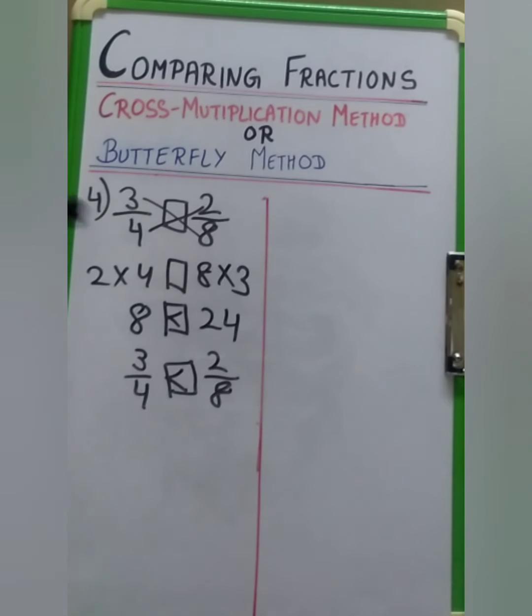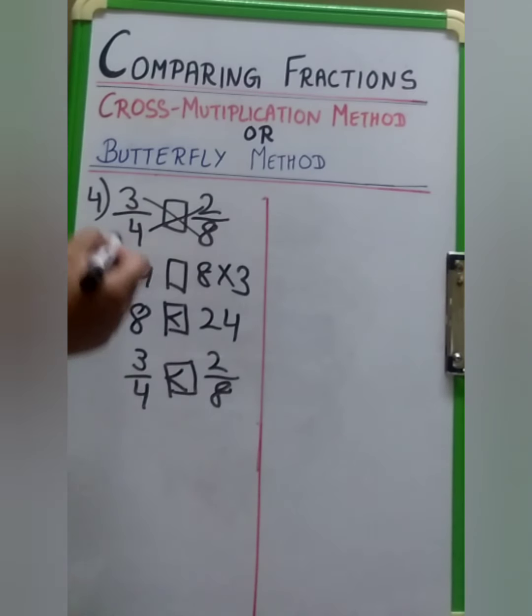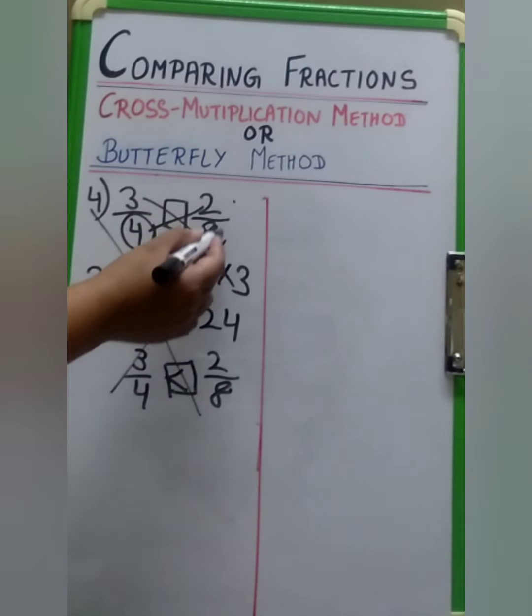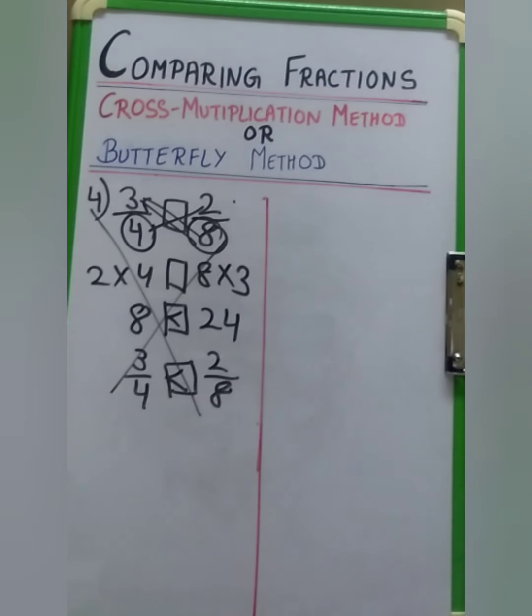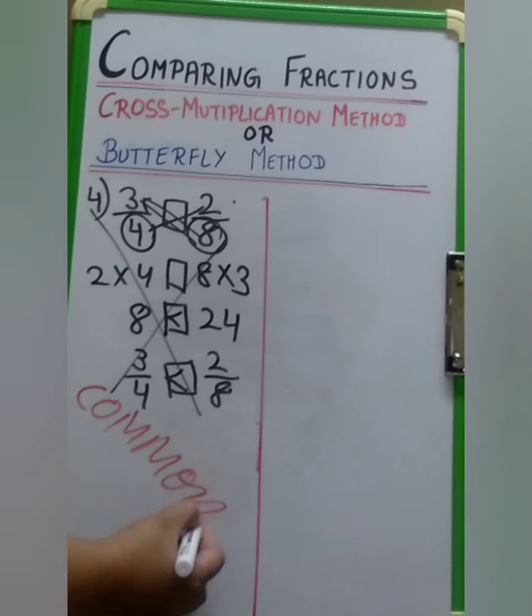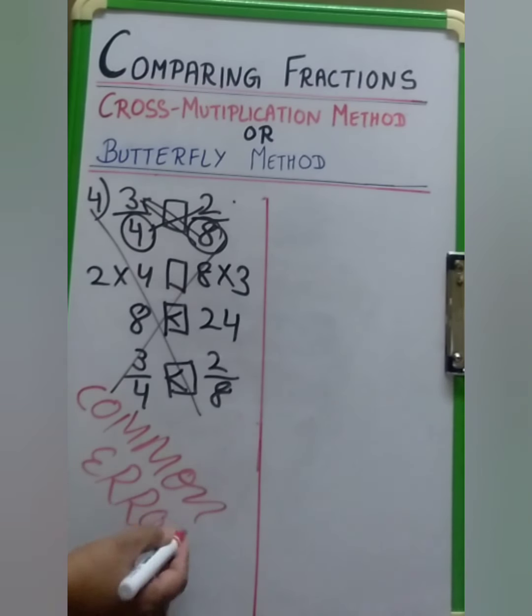Here I have changed the numerators. I told you earlier that we have to take numerators on the same side. This is the type of mistake you are going to make. That's why this is wrong. We have to take 4 to the other side and we have to take 8 to this side. But what I have done is taken the numerators to the other side. So this is the common error done by you people, right? So please take care. Let's do example number 4 again now.